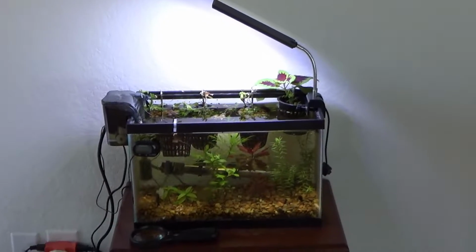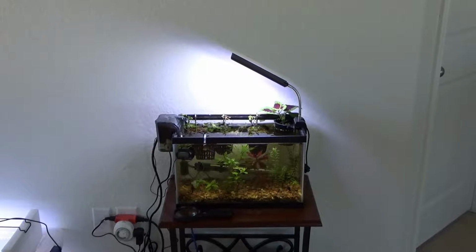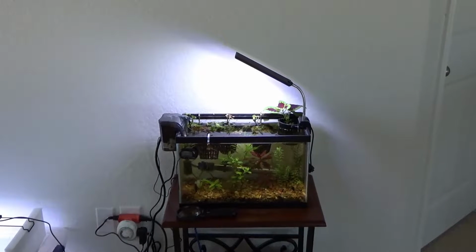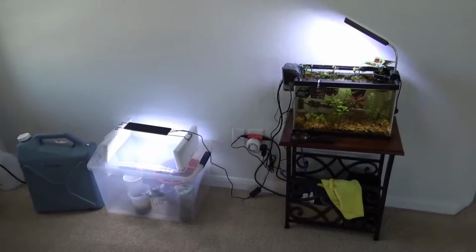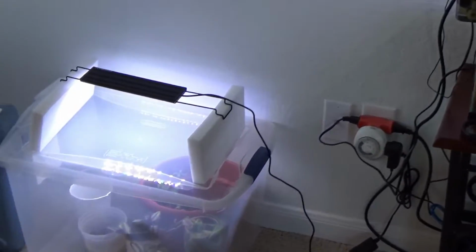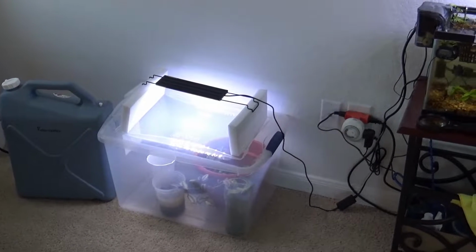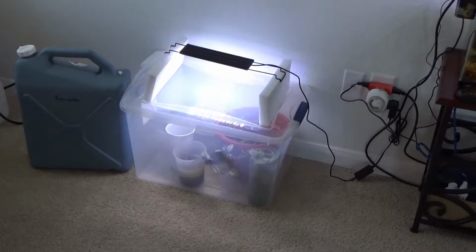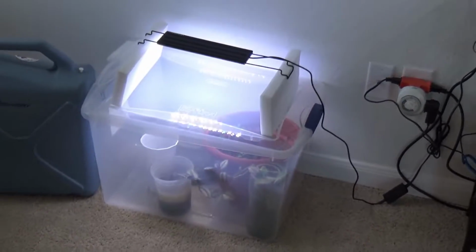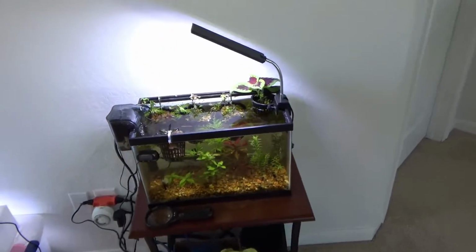Hello guys, I just wanted to do a quick update on the 5-gallon planted tank, and also on the immersed plant setup, which was originally in the grow tent, but I removed them because, well, I'm running out of space. So yeah, let's start with the